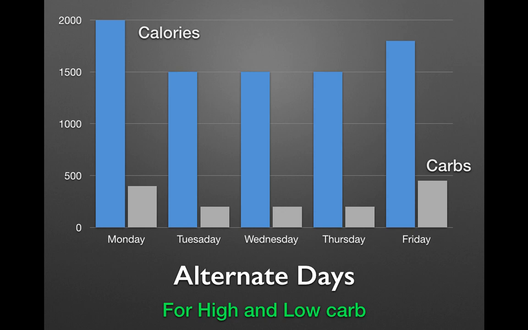Like I said, alternate days from high carb to low carb. So you see here the calories. Usually the days that you eat more carbs will also be the days that you eat more calories. Now this is a little bit disproportional, but if you eat at 2000 and then 1500, 1800 calorie days, you want to be keeping possibly the carbohydrates on the day that you're working out and you're eating more.